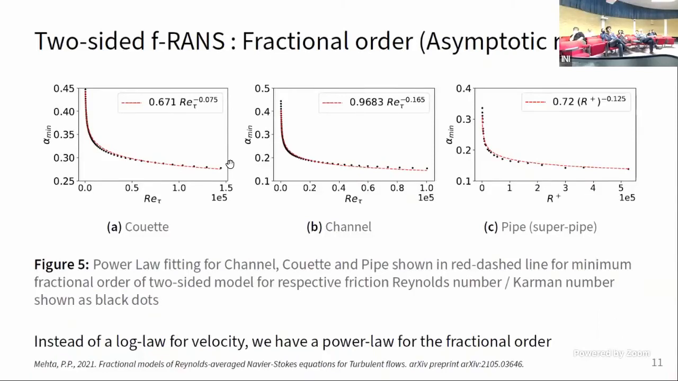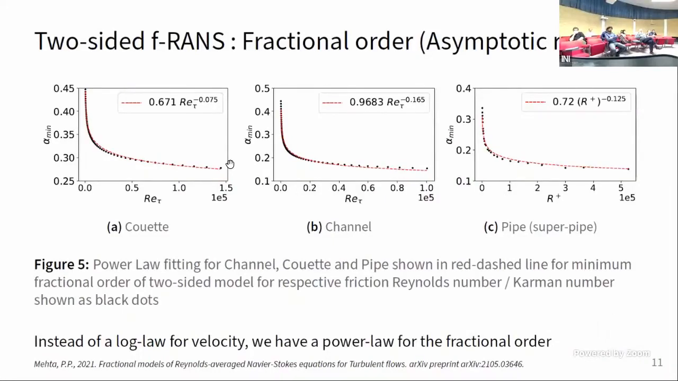One property of the power law is that at some point it will asymptote. So empirically speaking, there exists a value of fractional order for arbitrarily high Reynolds number, and to further talk about it in comparison to the velocity, for such cases we have a nice logarithmic velocity profile. In my head, this is analogous: a power law in the fractional order has a similar meaning to having a logarithmic region of velocity. So what happens is that in the near wall region, we have a scaling